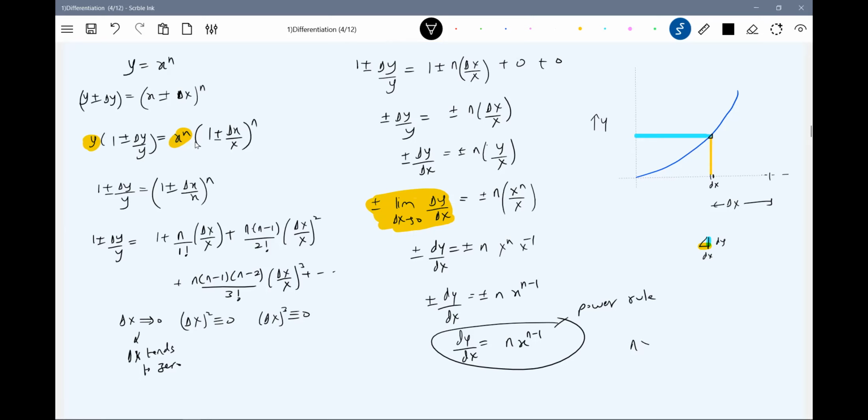N should be greater than 1, we'll write it. Okay, there's a very powerful rule, what we can call it. With the help of this, we can find out the derivative of any of the quantities here. Let's go for